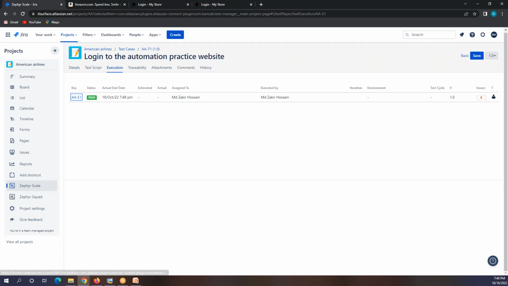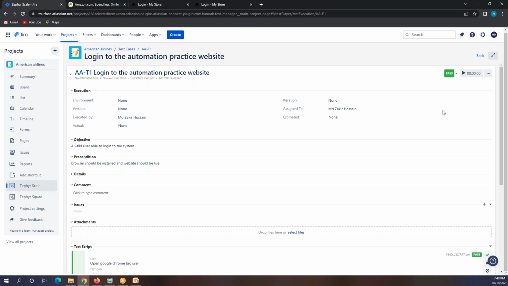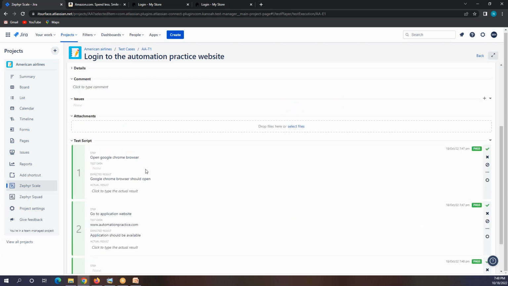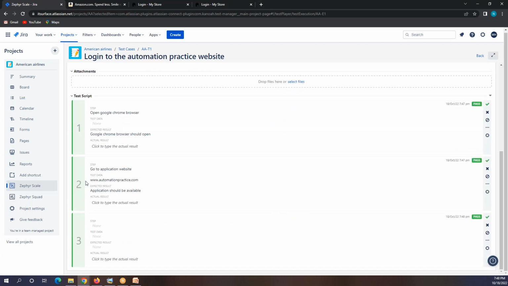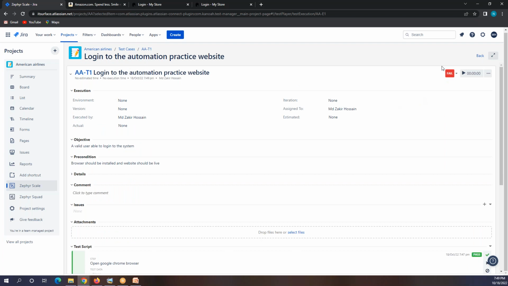Okay, so here, for example, Google Chrome opens, you enter this application URL, but the sign in link is not available. So you will say it failed. In this step, it failed. So what will happen? The total test case is failed.